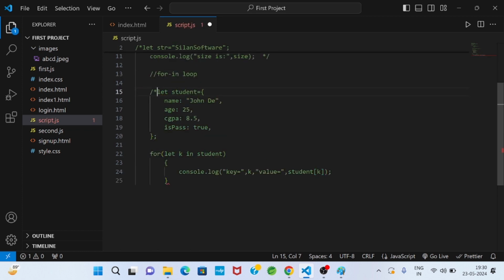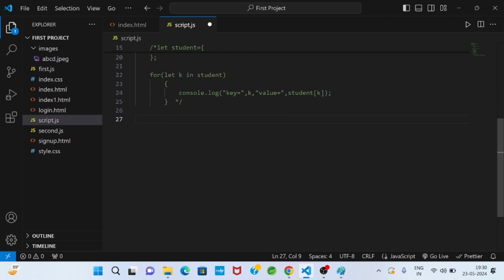Now, array in JavaScript. First of all, suppose let marks.